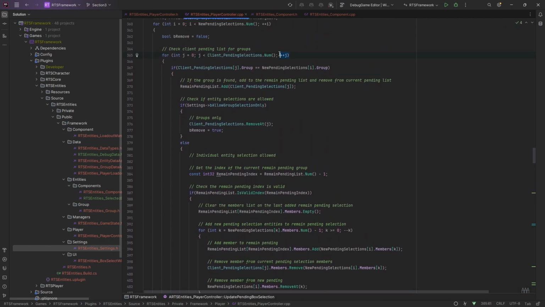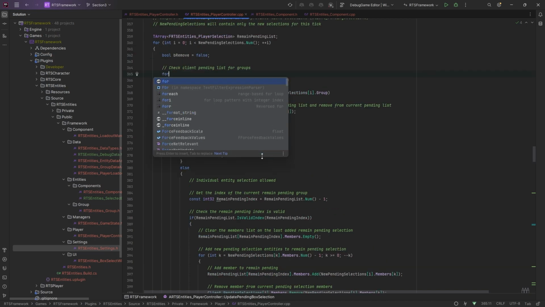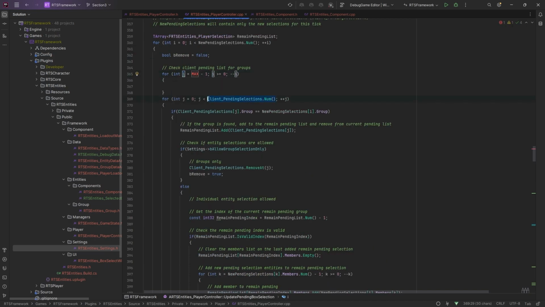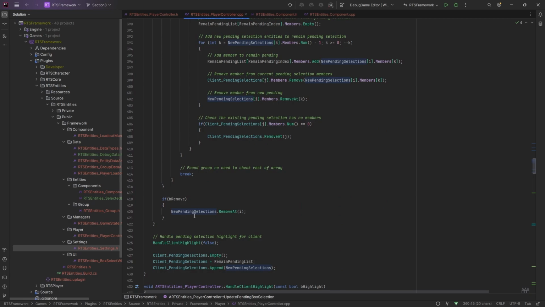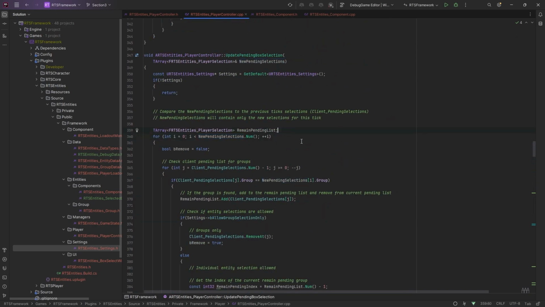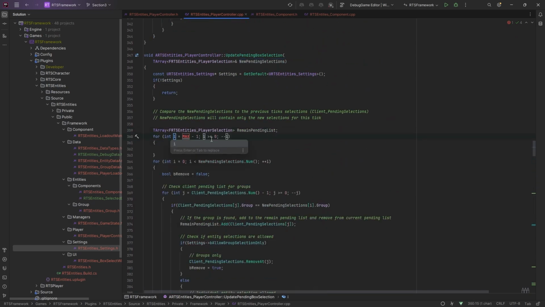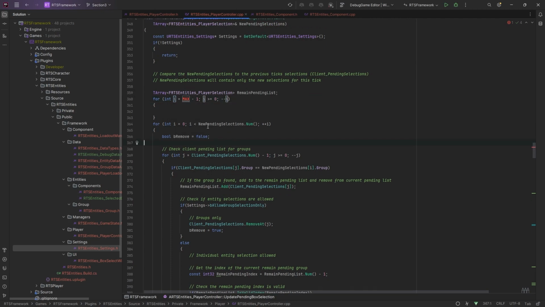Need to change that to a reverse loop as well. In fact, I think all these need to be reversed. This one as well, we're removing here, so it needs to be reversed. Sorry, I'm not explaining that reverse loop properly, but basically as this goes through each loop, I'm going to